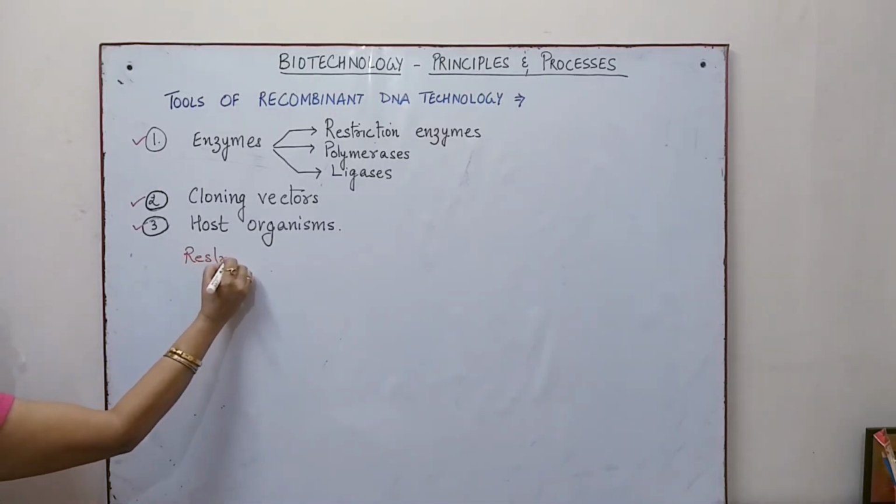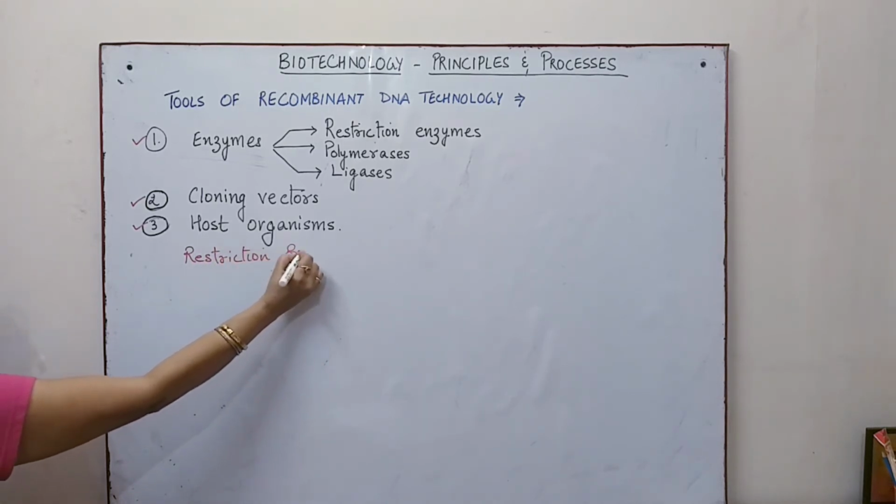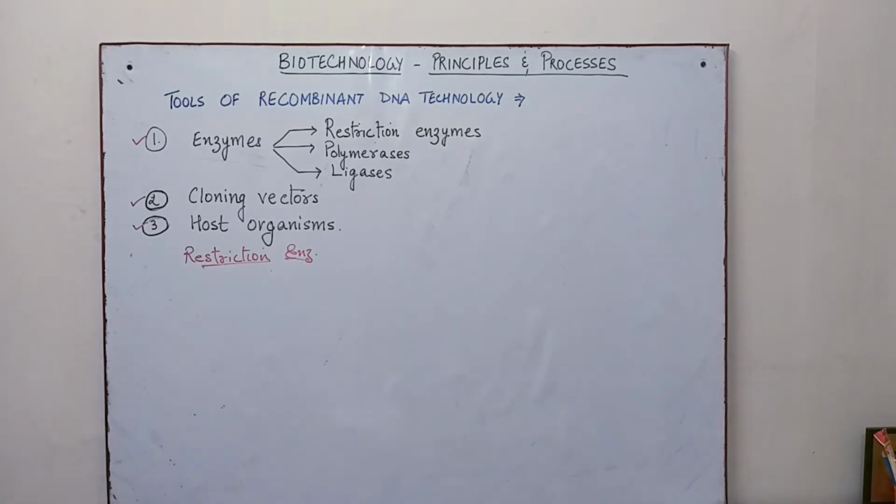The restriction enzymes are one of the most important genetic tools. They are used in genetic engineering. Now, a restriction enzyme is a protein which is produced by bacteria, and that helps in cleaving or breaking the DNA at specific sites along the molecules.